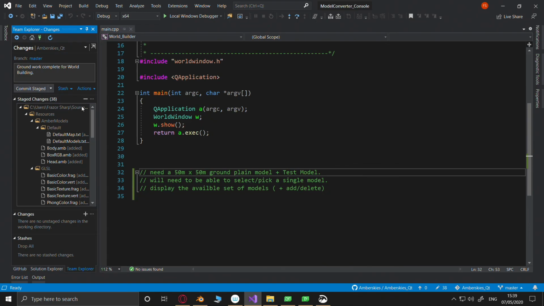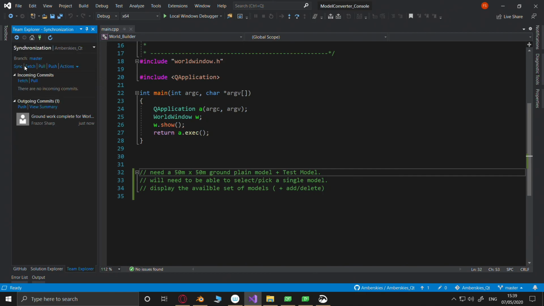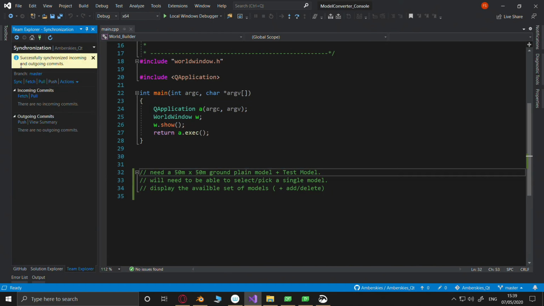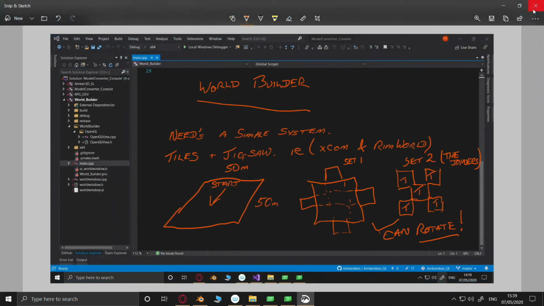Oh, and by the way, commit. There's the code. Let's sync it all up. There's all the code, including my first ideas at Blender. You can import that one if you want. Alright, I'm going to leave it at that. I don't need this open to do models, so that's that. I'm happy with this kind of idea.